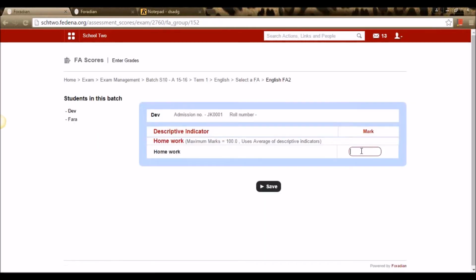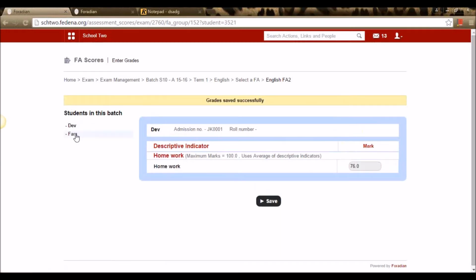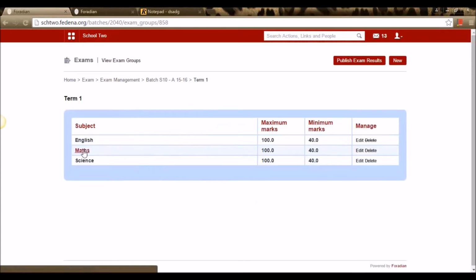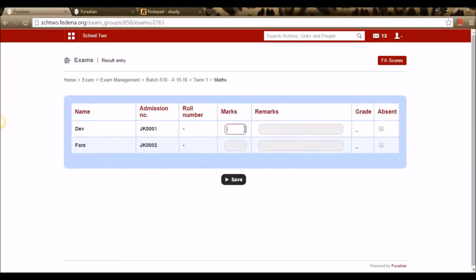Similarly, we can do for other FA score. This can be done for all the subjects and the FA score respectively.